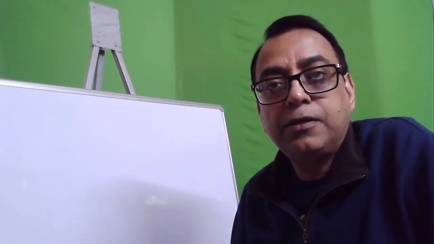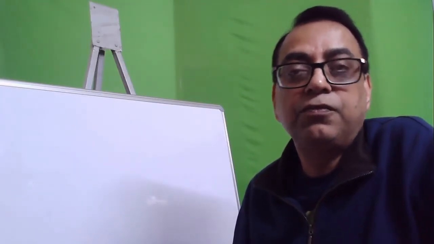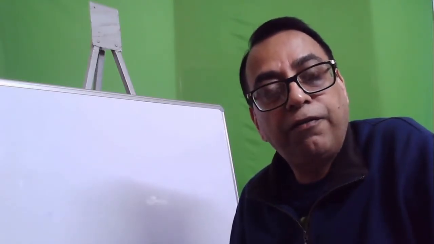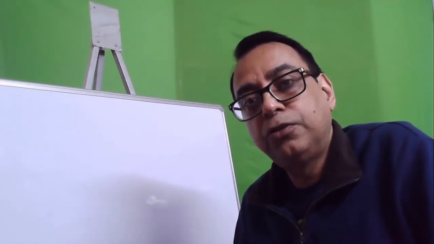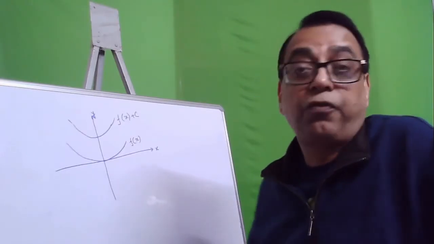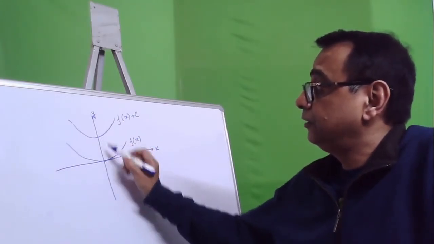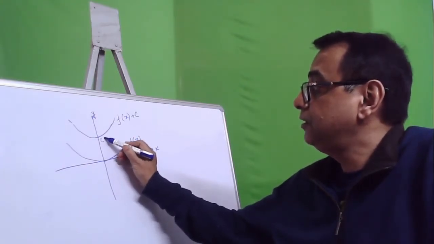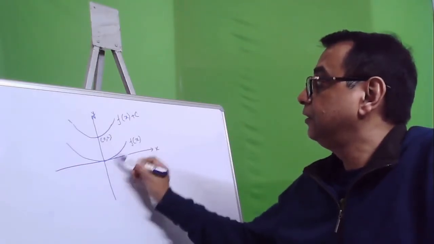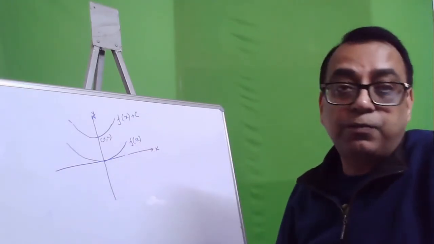The next topic is how we can get new functions from old functions. This is very interesting because given a function, we can manipulate a lot of things and get a new function which will be of use to us. For example, this is one function f(x). Now this function is shifted by c units from here to here. This is c units. So this function can be made as f(x) plus c.